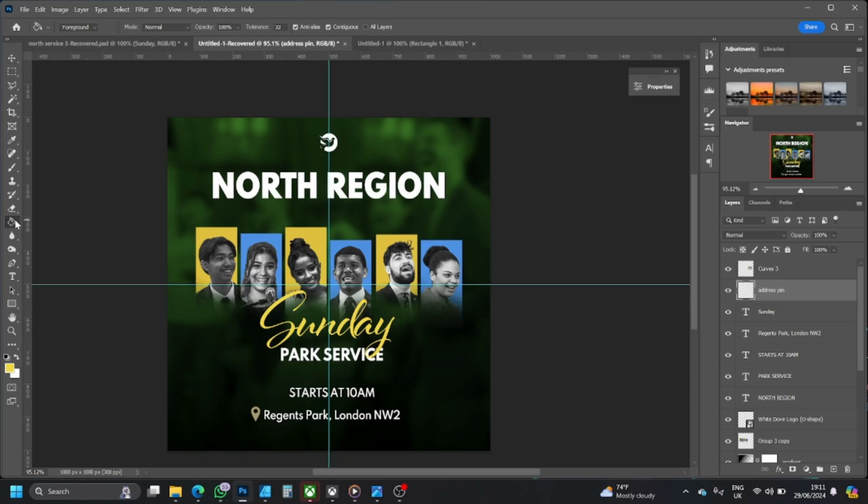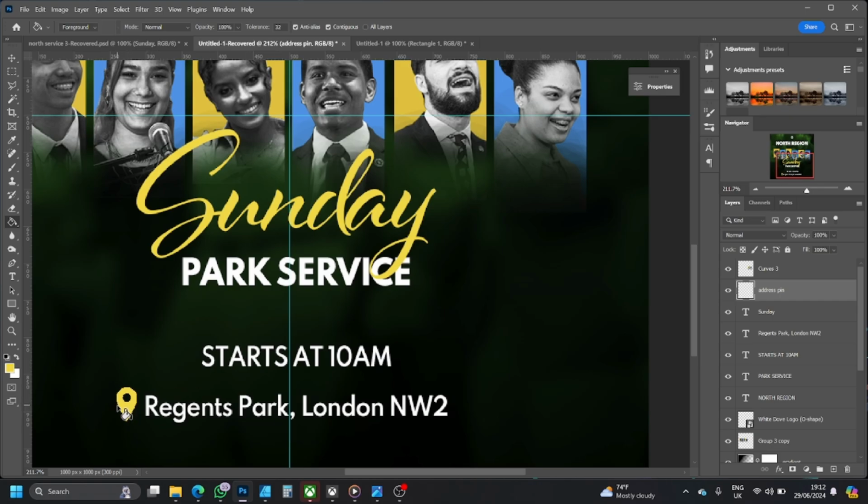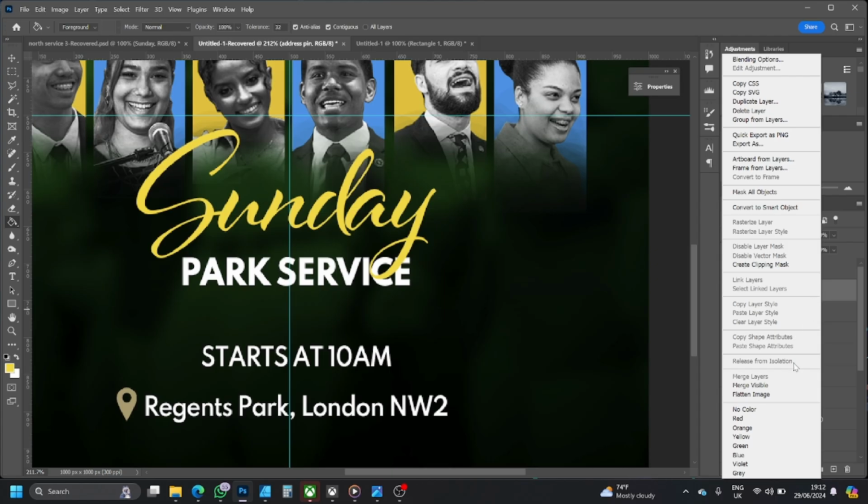We can technically use the paint bucket and paint over it, but the problem is it gets very pixelated. And we don't want to do that. It just makes it ugly. So you can see all the squares forming around it like it's Pac-Man. We don't want that. We want to just keep the resolution in good quality. So I'm just going to undo bucket and it's pretty much gone back to normal. So what we're going to do then is we're going to double click, or you can right click, and we need to find blending options. This is what we need,